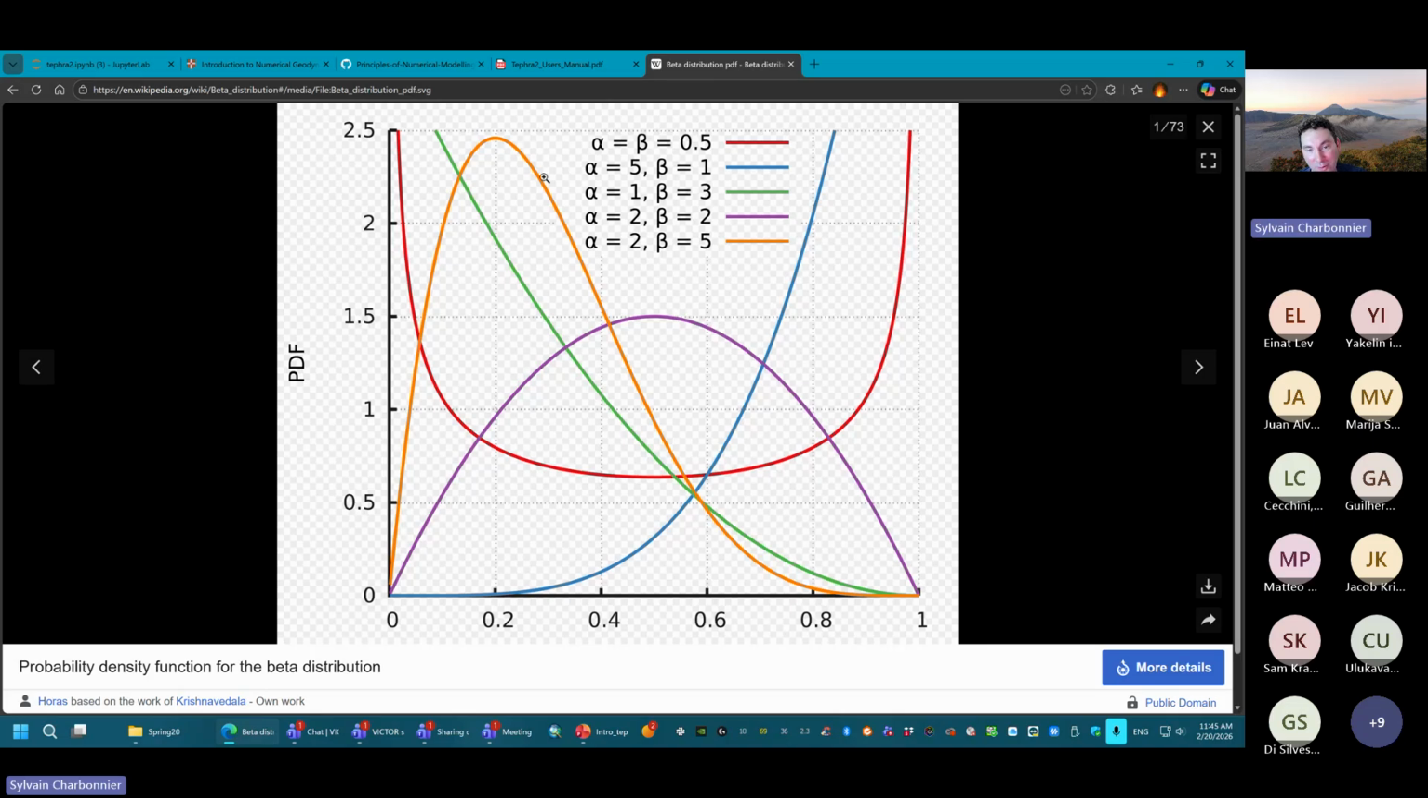So, for example, if I follow that orange distribution here, I can see that in that case, which is alpha equal 2, beta equal 5, I'm going to release most of my particles in the upper half of my eruptive column, right? So that's basically how you can define where you want to release particles